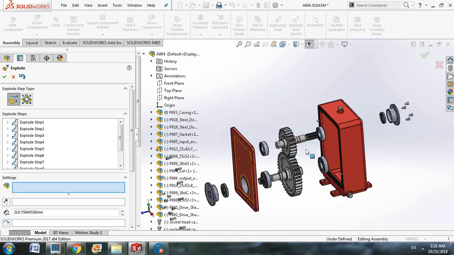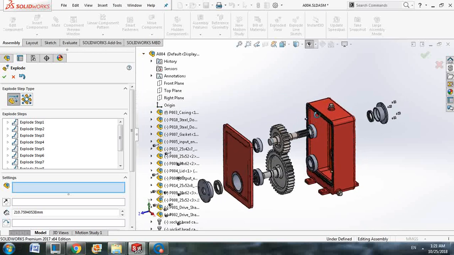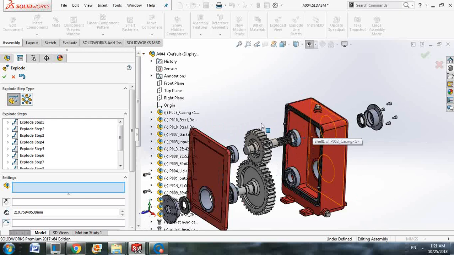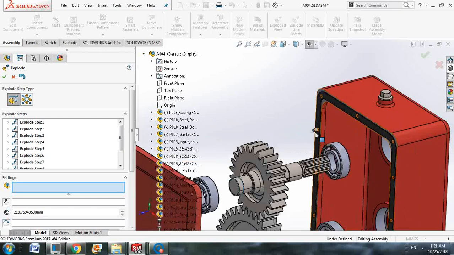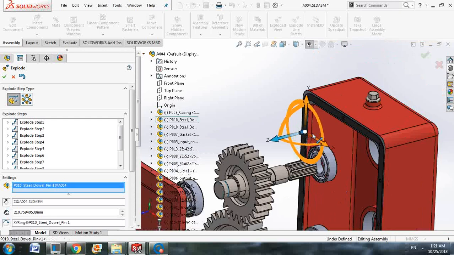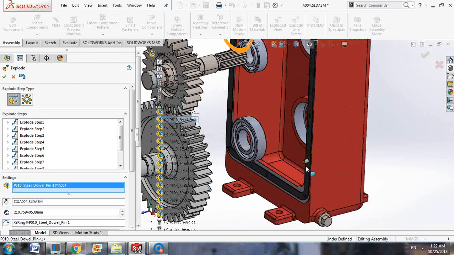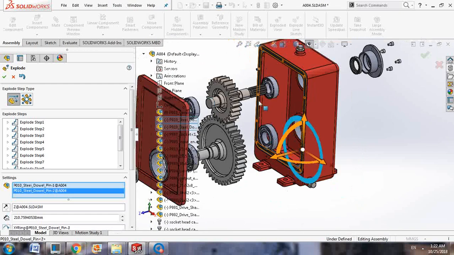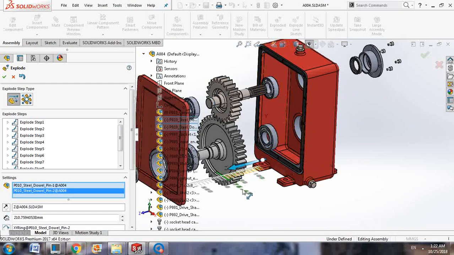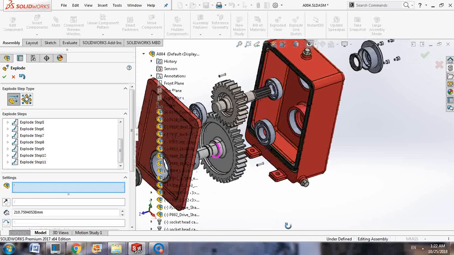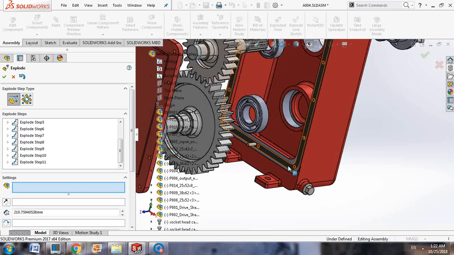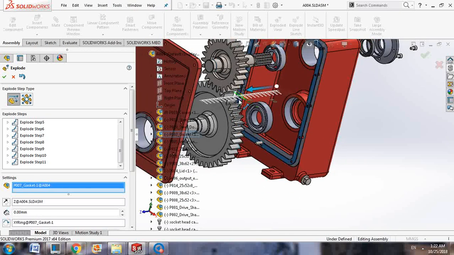Okay, so this is our exploded view. Oh, okay, I forgot to disassemble these two parts here. We have two pins on the casing. You can take them out, the pin, and the last part here is a gasket,